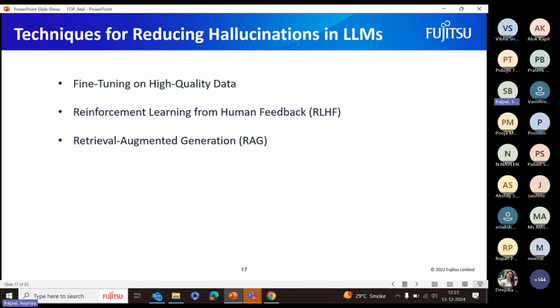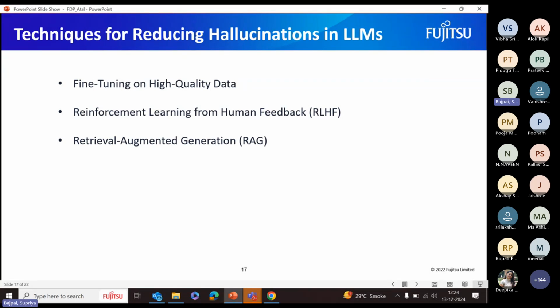The second is feedback, human in the loop, we can say. Reinforcement learning with human feedback is how GPT is also trained after the pre-training. GPT-4 is trained with reinforcement learning with human feedback, where a human sees the answer and tells whether this is right or wrong, and then it is given back to the system, so that a feedback loop is maintained. So it is a human in the loop kind of thing.